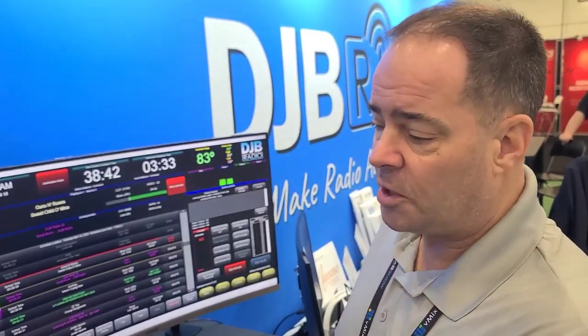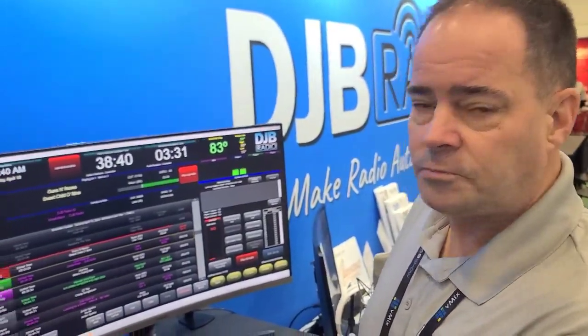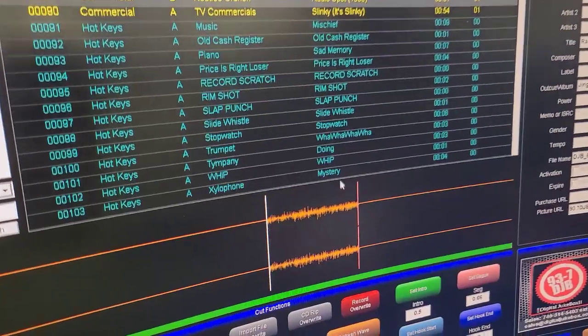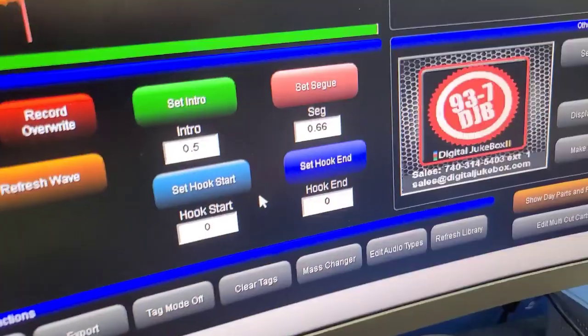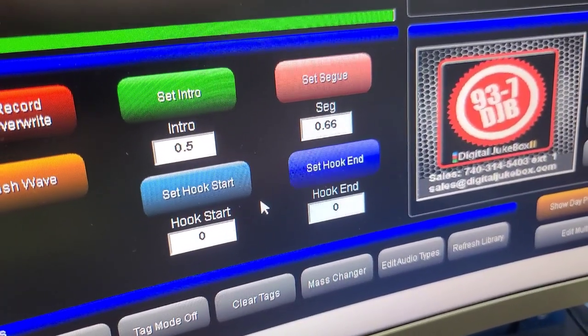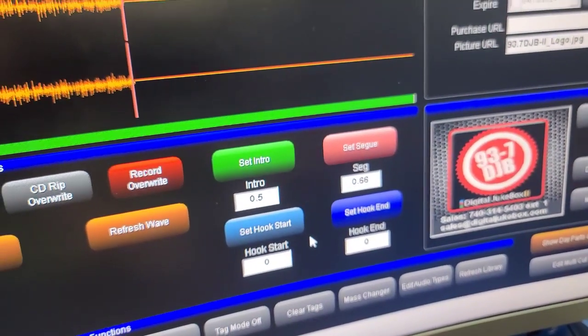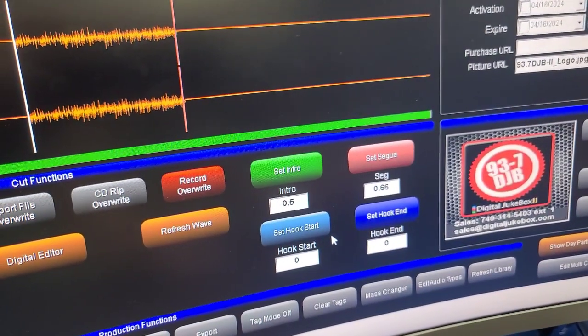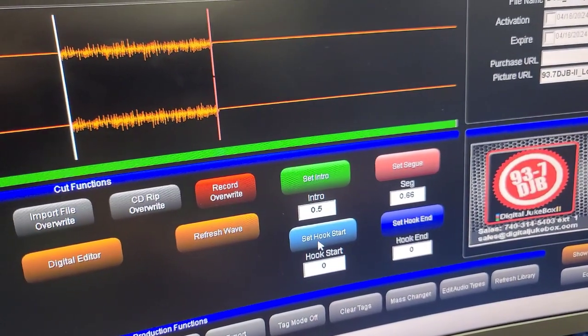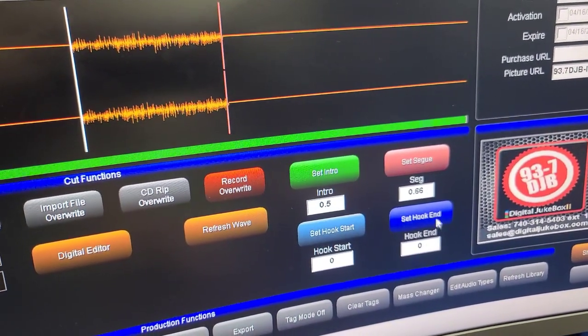One other thing that I want to show you, this is a very cool feature. Not a lot of stations use this feature, but it is there if you want it, and that's hooks. DJB automation runs hooks. Okay, so hooks, what they are is that part of the song, usually in the chorus, that people are familiar with. So what you can do with DJB is you can set that hook, the starting point and the ending point,